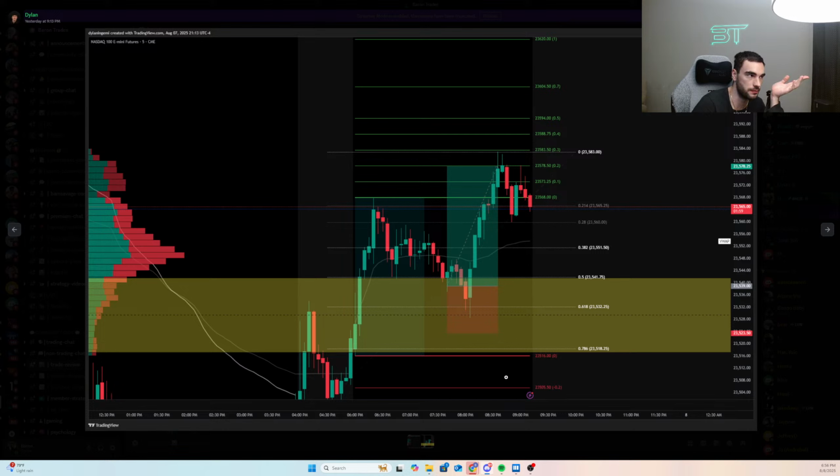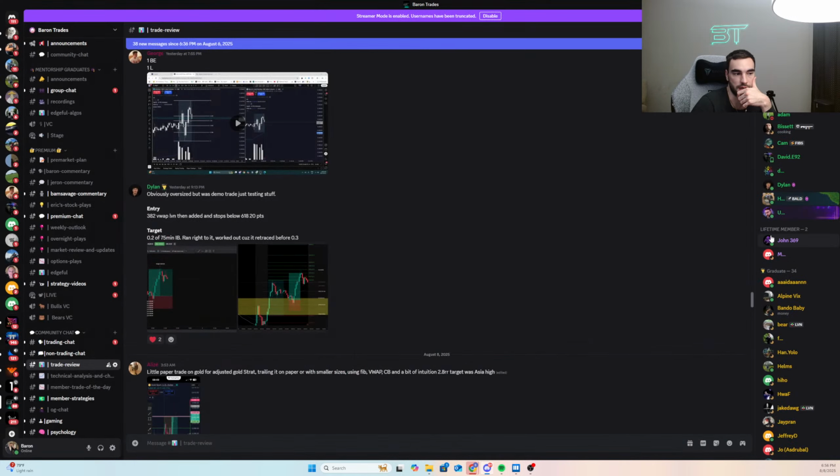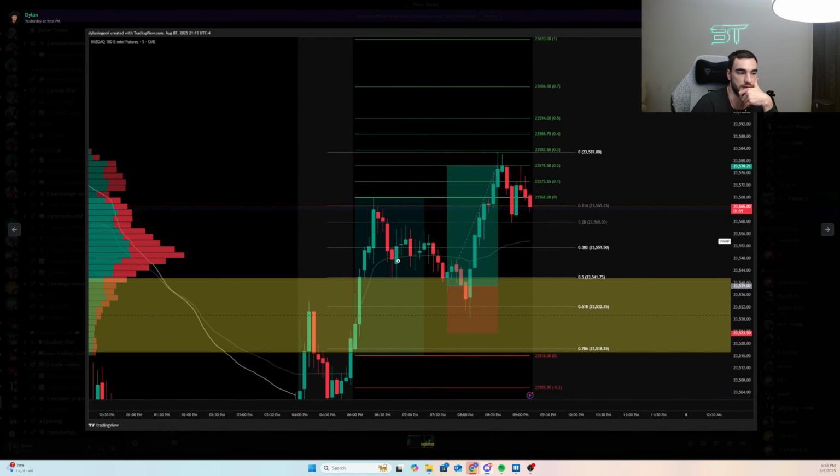Make sure you have a volume indicator on your chart at the bottom, because you could see the volume flow in last night. This was the same trade I took. I just got in a little early. I got in at this consolidation area right at VWAP. The ideal entry was down at the 618. So you got a better entry than me. But yeah, added that little volume bit to the bottom, especially if you're trading overnight, because it can help you see, okay, the volume's actually flowing in and it's bullish.